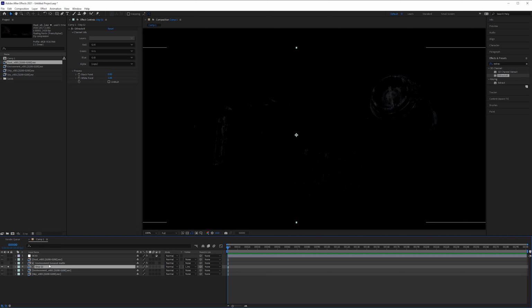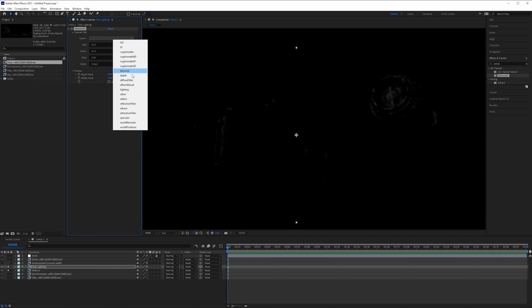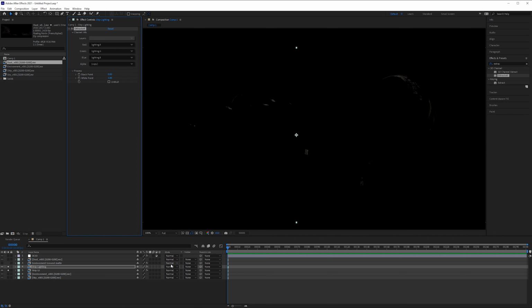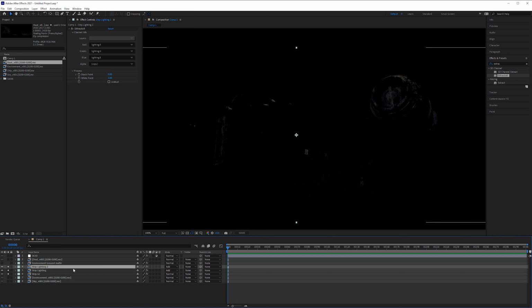And then we will duplicate that, but I don't want to show you the full composite right now. So we're actually going to turn off this track matte temporarily, and it will be sticking on top of the ground, but that's okay for right now. Next, we're going to make a copy of that. This is going to be our lighting. We go down to lighting. This will be additive. We'll just add that on top. Again, this is going to look pretty dark, and that's because the ship is metal. Next, we're going to do